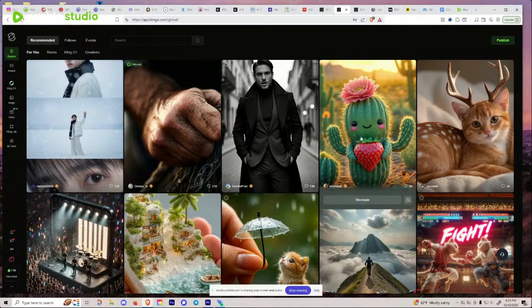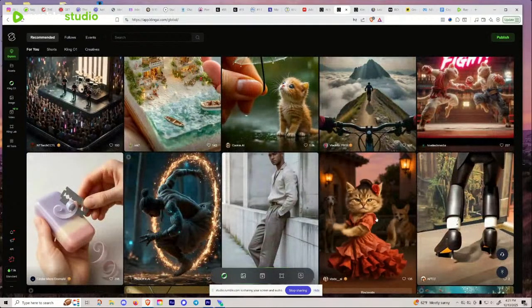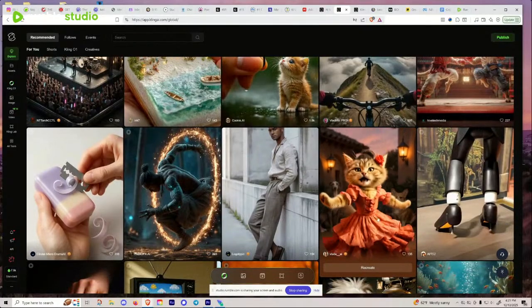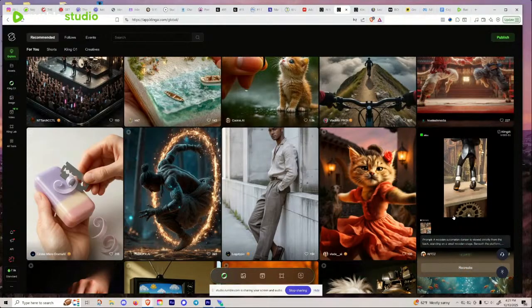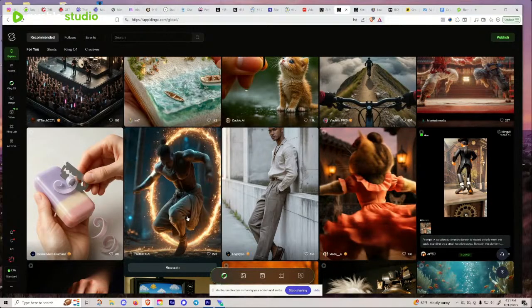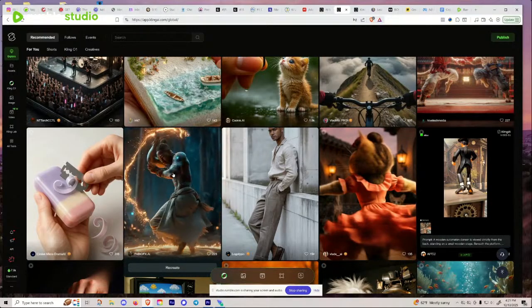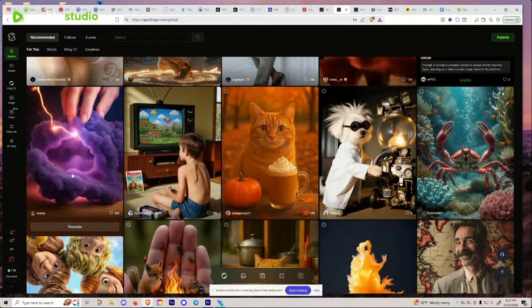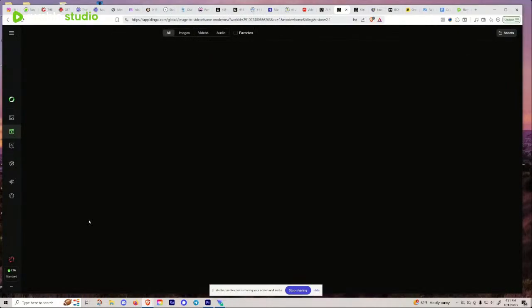Like this is a cute little cactus holding the strawberry, but he's got multiple arms. Maybe that's okay because he's a cactus. Or this cat right here that looks like a deer or something. You can just jump in here and hit recreate and make something interesting out of these images. Look at this dancing cat. So that's one way to use it. And if you don't really know what you're doing with prompting, because that's really important, you can just find something that you like. If it suits your purpose, this is pretty cool here. You can just hit recreate, remix it and generate it. That's kind of interesting. And then you just jump into it once you're logged in.